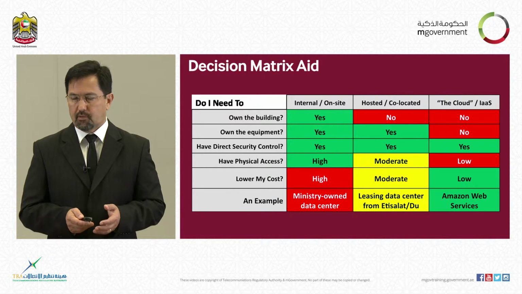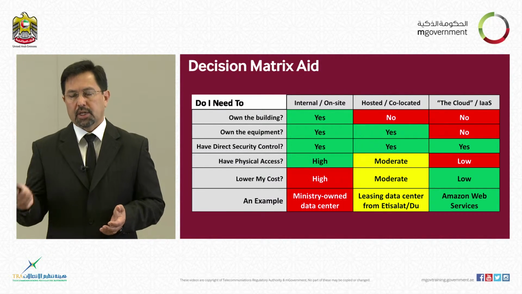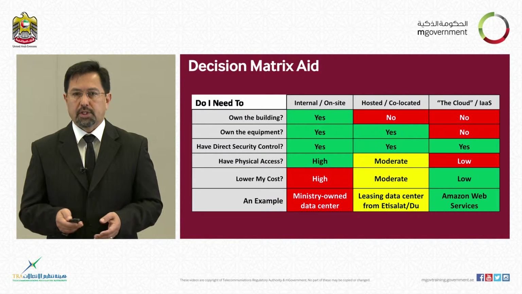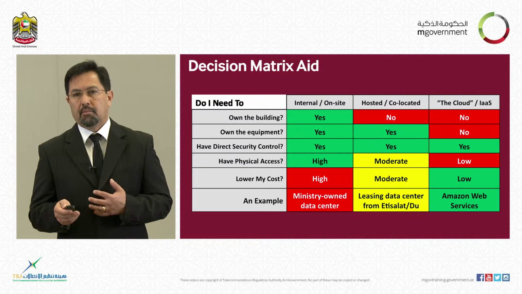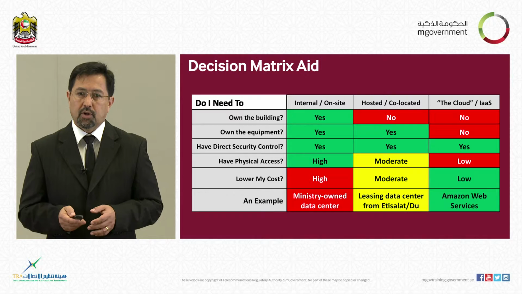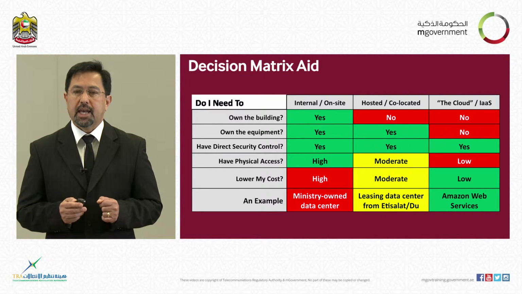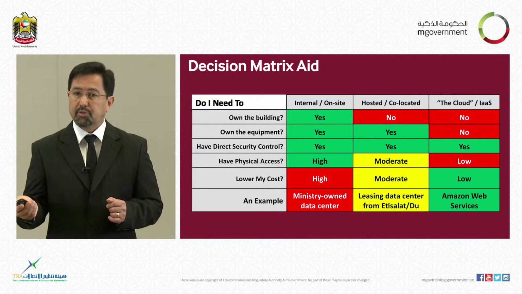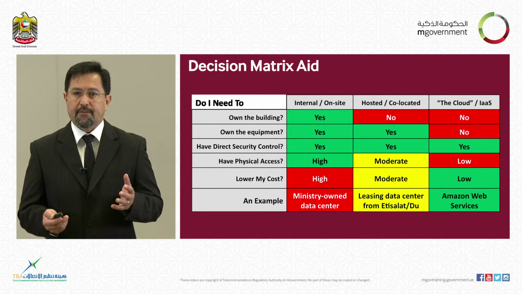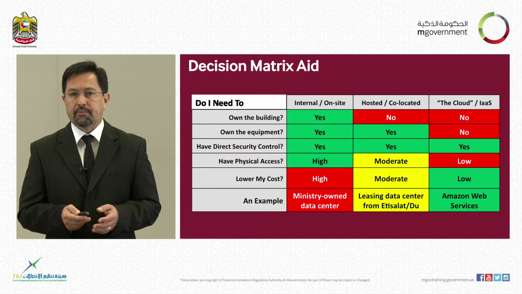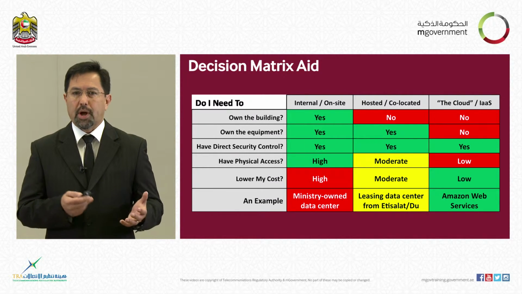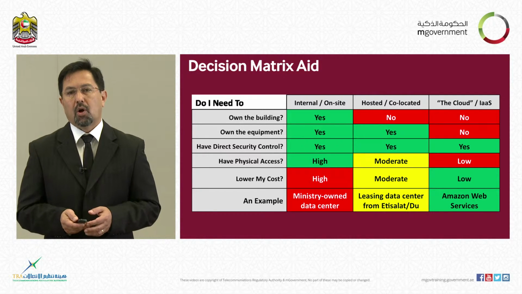When you ask these series of questions and then you look to the right-hand side, you see the intersection of the cells there for the different choices of internal, hosted, or the cloud model, you can make the right kinds of choices. If cost is a key consideration, then the best option may be the cloud because it's the least expensive. If you need something that gives you sort of middle of the road in terms of control for the data, but you don't want to own the building, then maybe the hosted co-located model